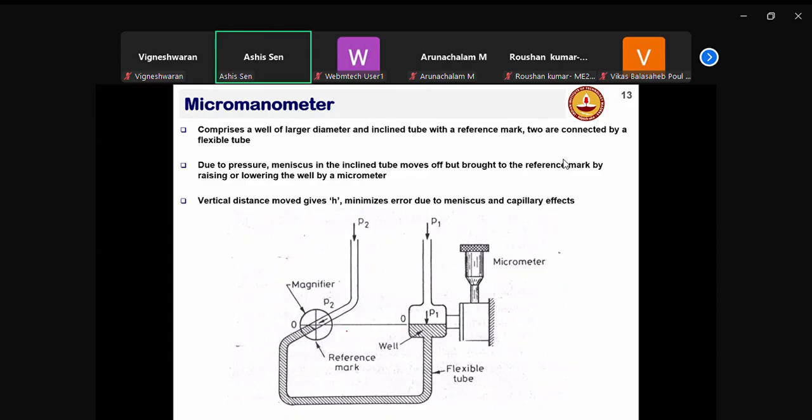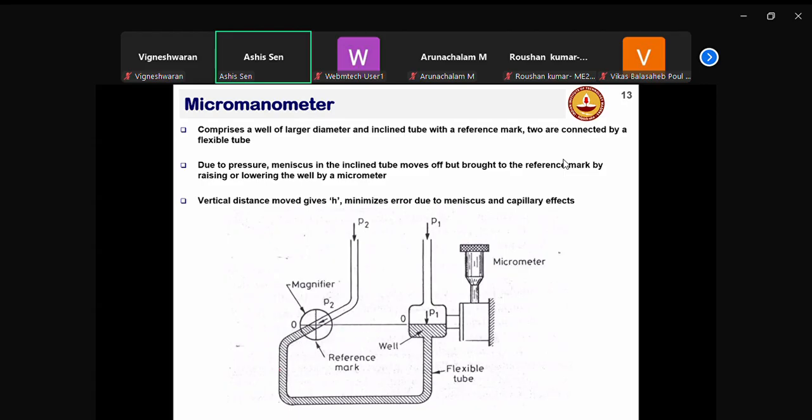So for this pressure difference, let's say this pressure is higher. Now this is basically a flexible tube. What will happen is, when the pressure changes, your levels are now going to be different, right? So here, for example, if this pressure is higher, this meniscus will move down, right? When this meniscus moves down,